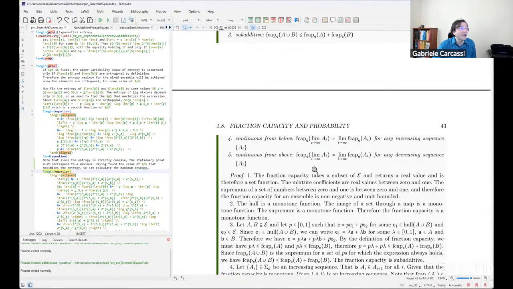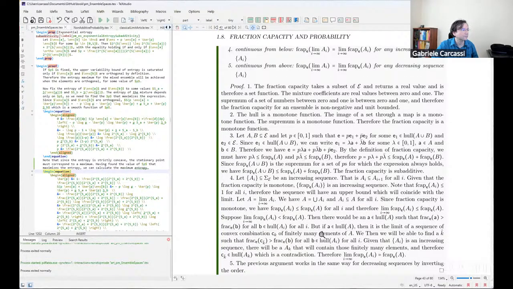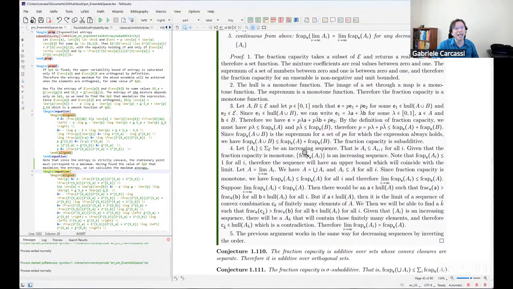And then here I do have the proof for continuity from below and above. So again, if you have a final set and you approximate it with a sequence of increasing sets that go to that set in the limit, or decreasing sets that go to it in the limit, then the fraction capacity of the limit is the limit of the fraction capacity. If you've done any measure theory or any probability theory, these types of proofs are exactly what they do. So let A_i be a sequence,